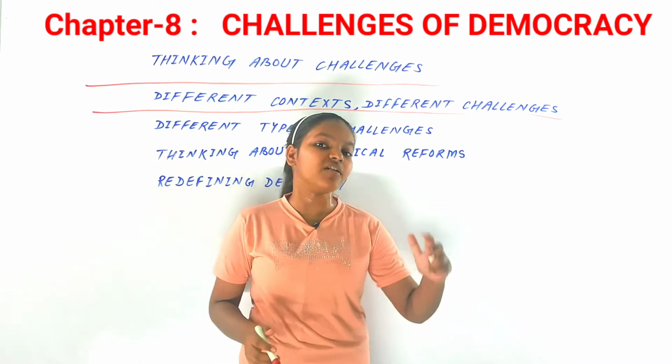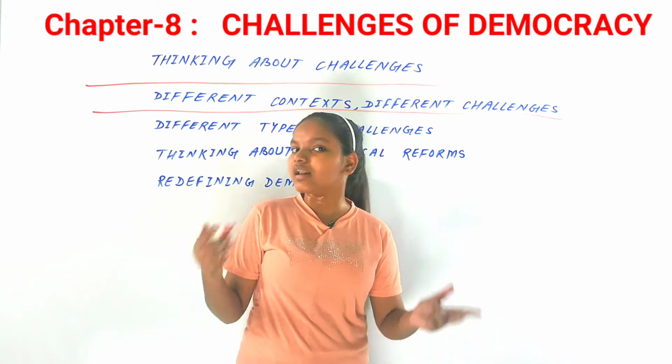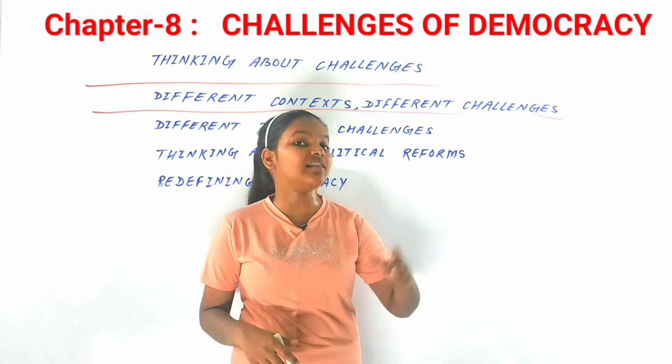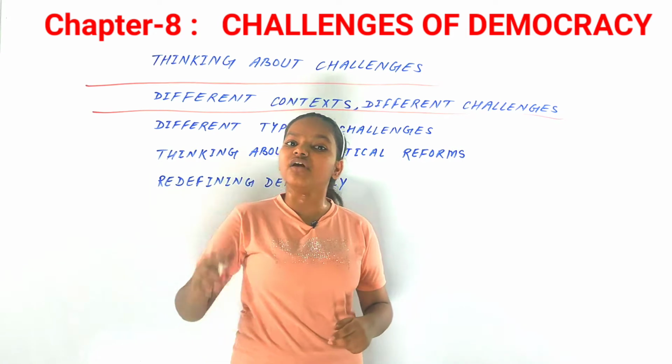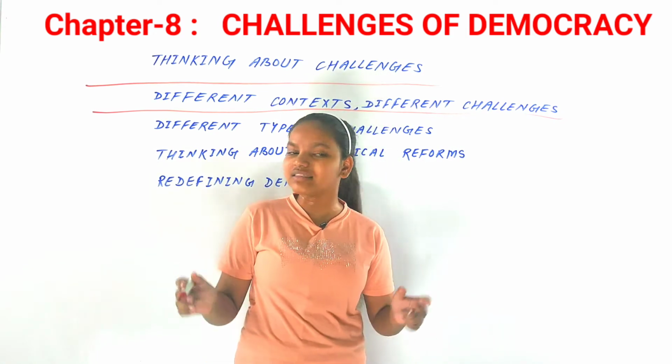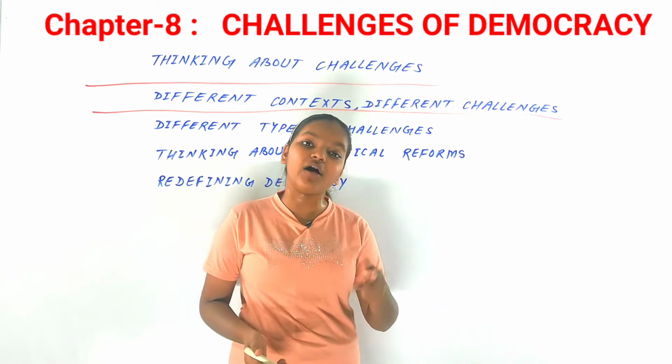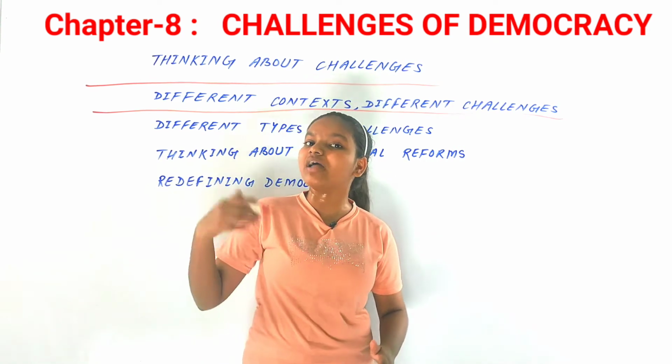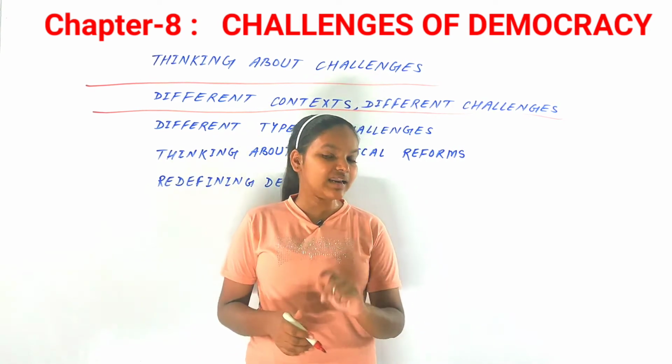For example, liberals want more gender equality in democracies, but even if we look at the liberal parties, they are still not choosing women as candidates for elections. Why is it so? If they are demanding gender equality, shouldn't they take the first step themselves? So that can be seen.